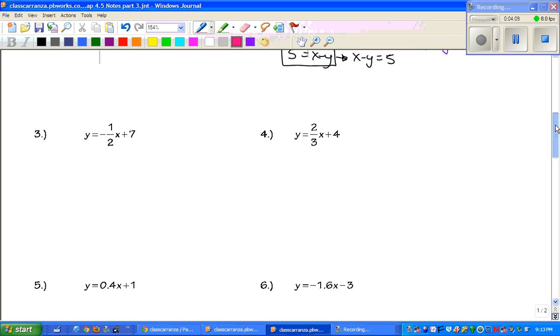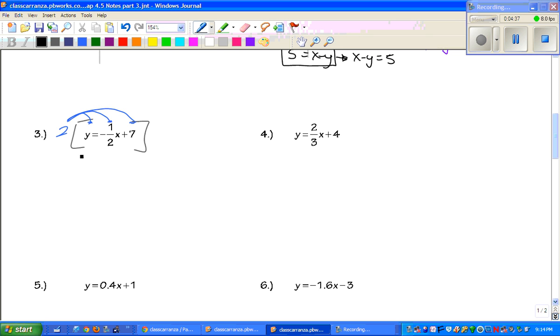All right. Number 3. Well, we've got two things going on here. We've got a is negative, but we also have fractions. Okay? We've talked about this in the last chapter. To get rid of fractions, you multiply by the LCD, which in this case is the denominator, okay? And you have to multiply that to